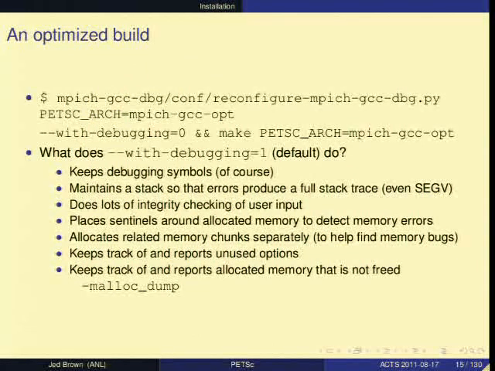So the debug build is what you get by default. You have to explicitly say, I don't want debugging, to get an optimized build. And the reason for this is we spend most of our time in code development. We want to get things correct, and so we want the library to do as much integrity checking as possible. So PETSc does lots of things to try to identify user errors and other mismatches when you compile in debugging mode. So please use debugging mode until you really are looking for performance. Then you can switch to the optimized build. It's very easy to keep them both around.